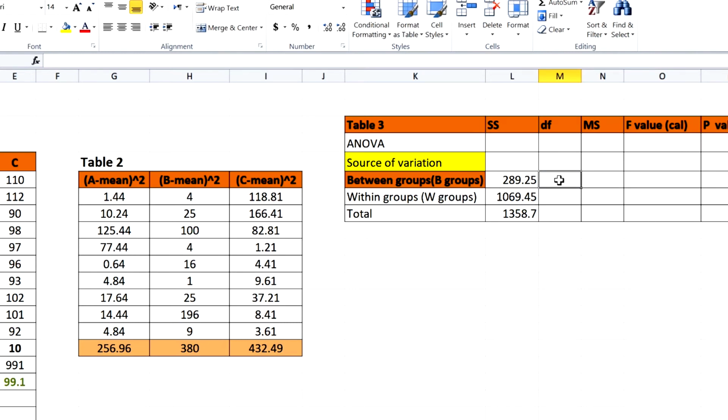Degrees of freedom for between group, as I said in the lecture, for all groups is 3 minus 1, three groups minus 1, n minus 1, so it will be 2. Within groups equals 30 readings minus 3, (n1 minus 1) plus (n2 minus 1) plus (n3 minus 1), so it will be 27, and total equals this plus